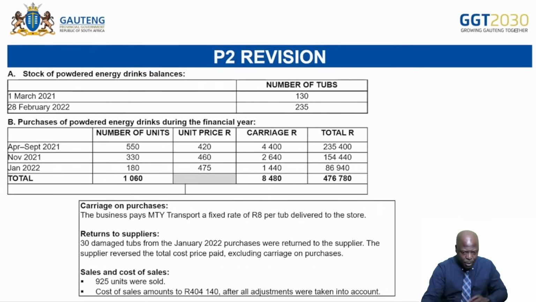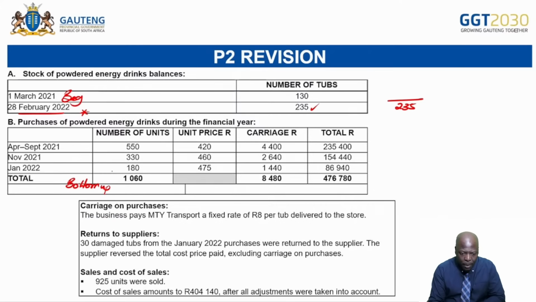Okay, so here's the information that we are given. So if we are to calculate the value of closing stock, we would know that the units that we are given at the end. So 1 March is the beginning of the financial year. And what we want to calculate is the value of the closing stock, which we have on 28 February. And the units are 235 units. So we're coming here to now say the 235 is the units at the end. And at the bottom, how many units do we have? So remember, whenever you are using the first in, first out, you would use your bottom up method.